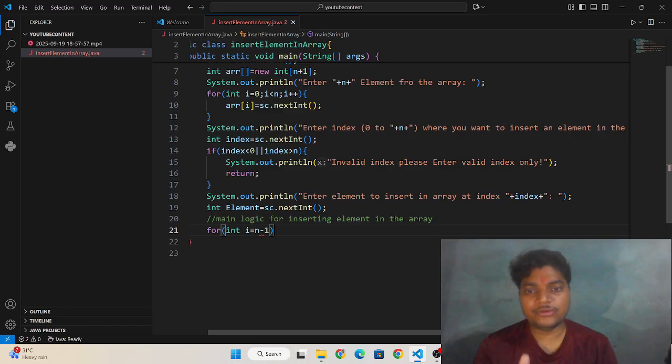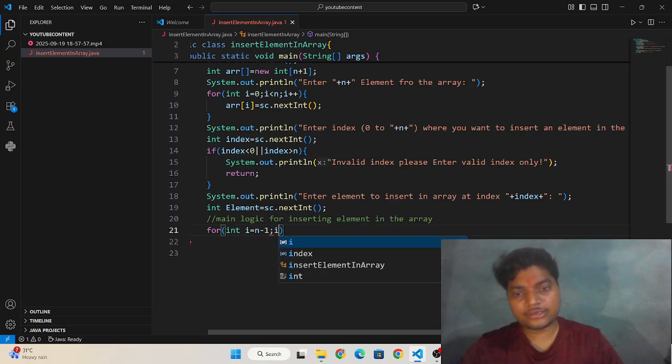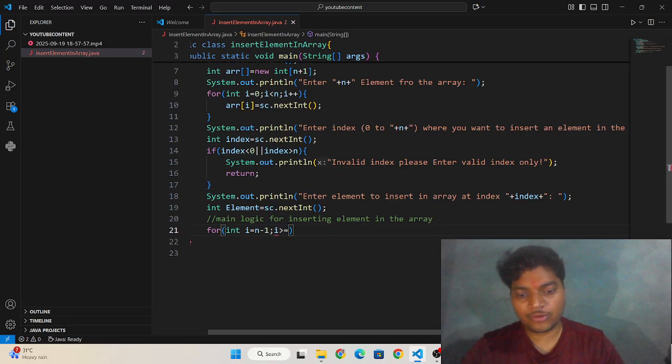Okay, and when we get our index, we have to get free space where we can insert our element. So now I am writing int i equals n minus 1, and i should be greater than or equal to index. Okay, and i minus minus, and you have to do arr of i plus 1 equals